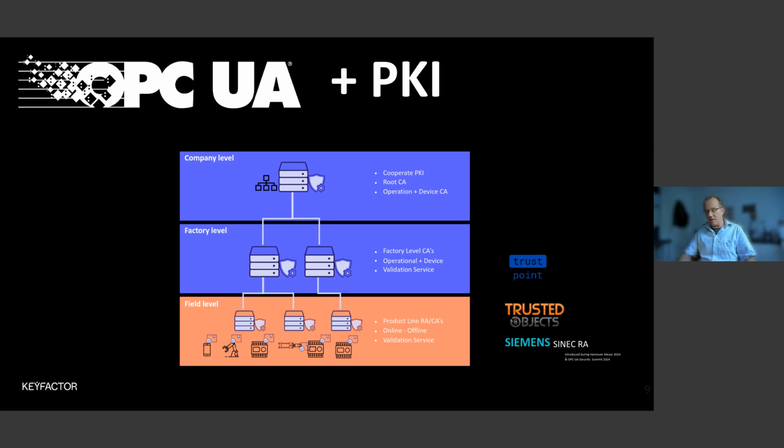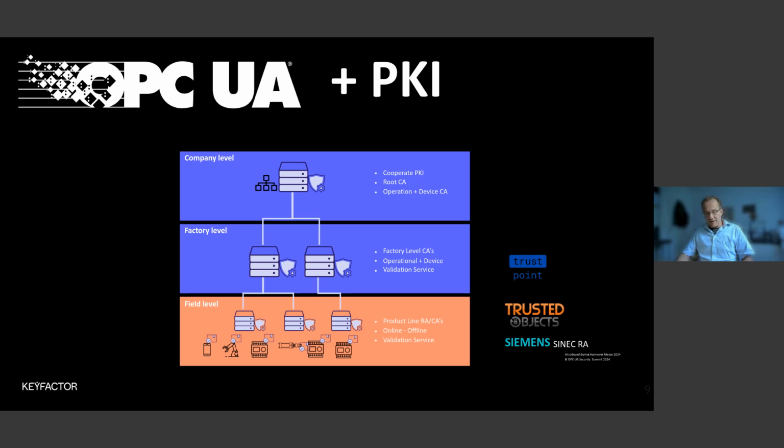Trusted Object, one of our partners, has on a field level component, an RA component, and also an offline RCA component that are providing certificates during the production lifecycle. And they are addressing the online and offline concepts that have to be in place when we talk about field level. And last but not least, let me talk about the TrustPoint project, where we started together with several companies here in Germany,